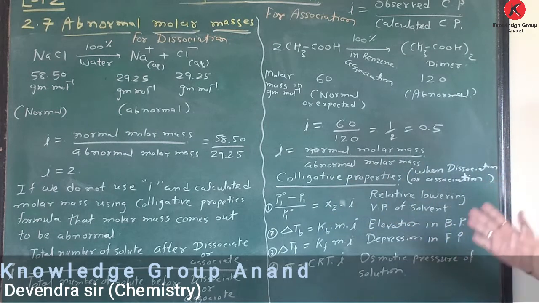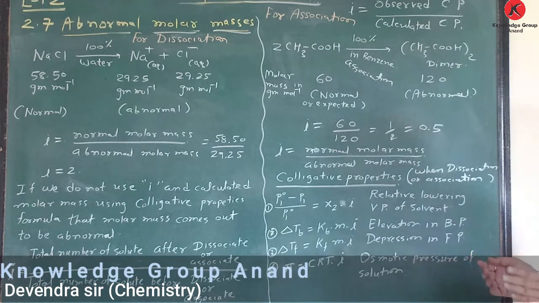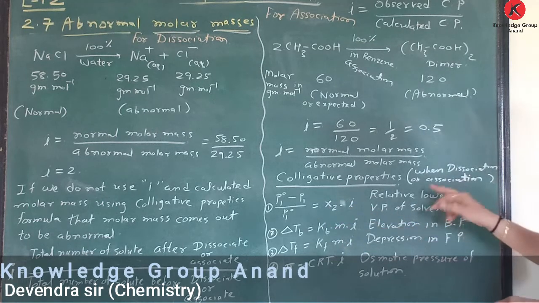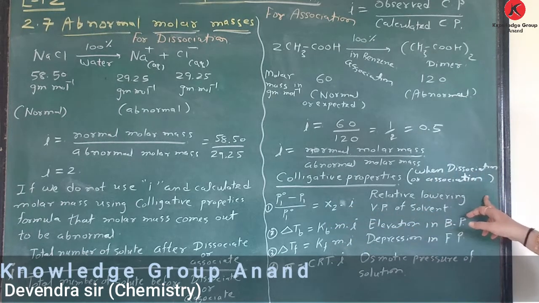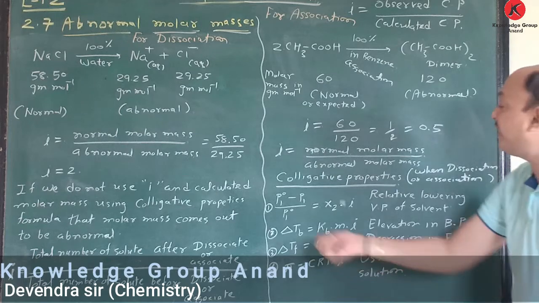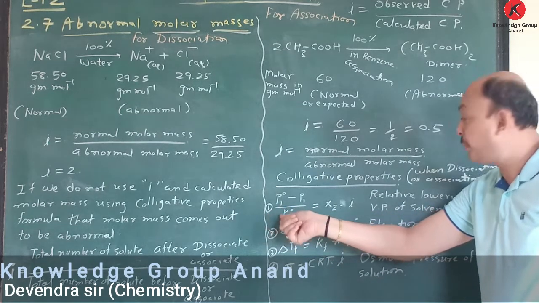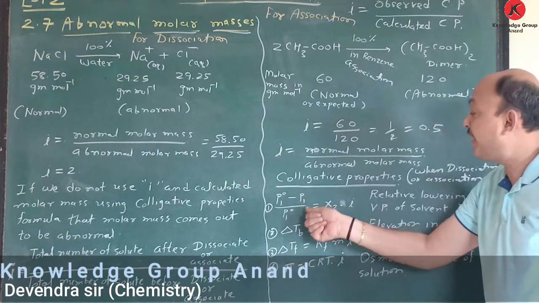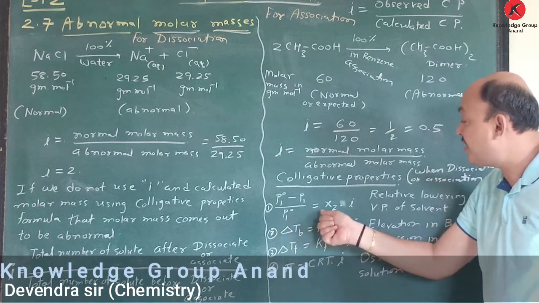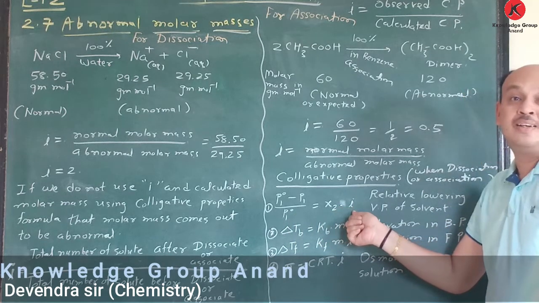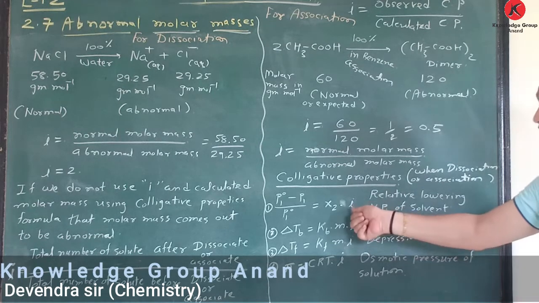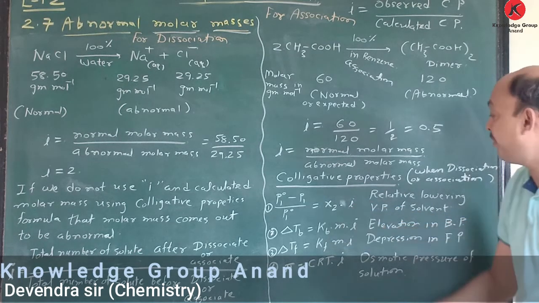Now, colligative properties. Suppose an ionic compound is present. It depends on the number of particles of solute. How many dissociate? We have to introduce the i part. So when dissociation or association takes place, according to colligative properties, number 1, relative lowering of vapor pressure of solvent, (P1° minus P1) divided by P1° is equal to chi2 into i. We have to multiply with the Van 't Hoff factor. You know this one, i is the Van 't Hoff factor.